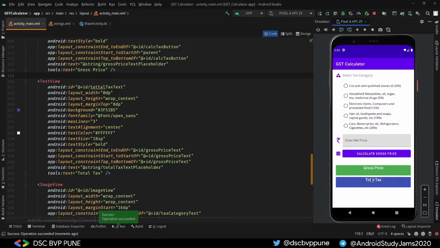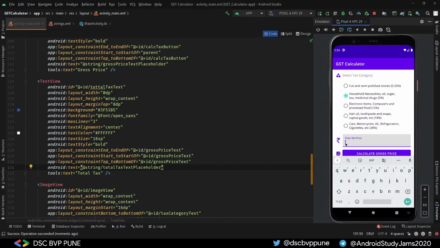Okay, so as you can see here now, there are no percentages because it's using the placeholder value. But if we enter something inside, then we can see that